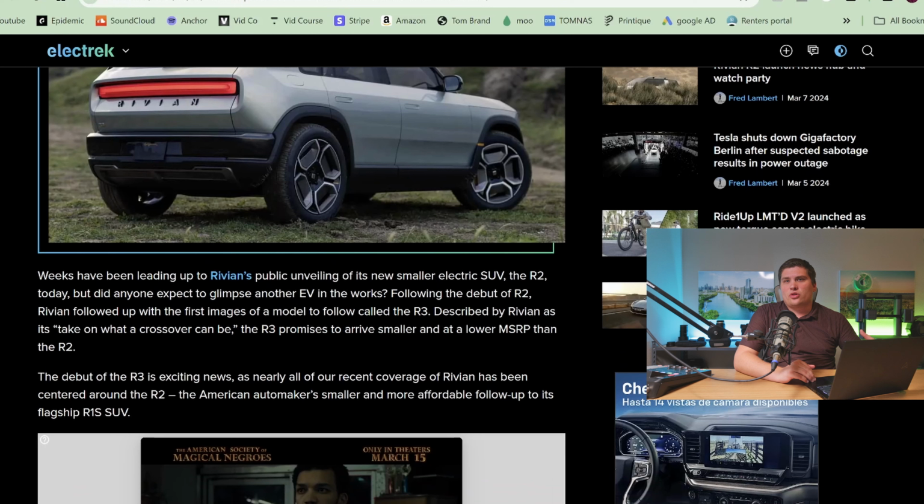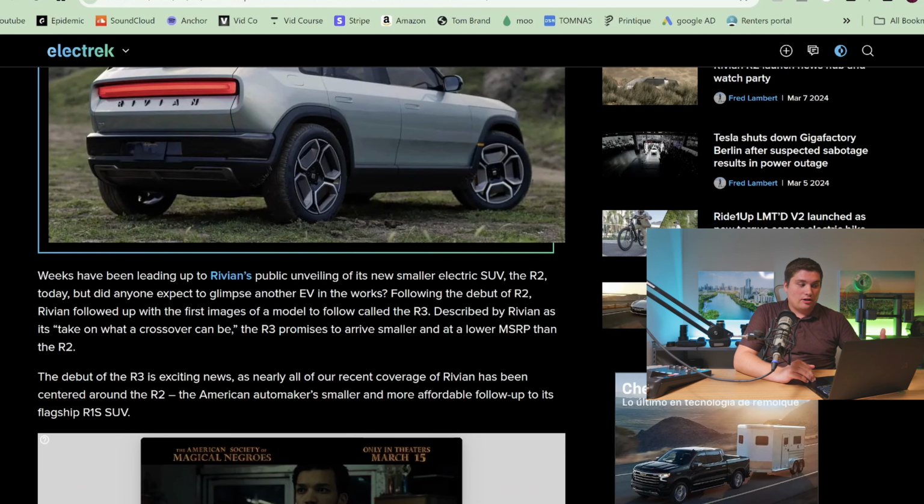Next is probably one of our biggest topics of today, which is Rivian announced the R2 today. Like literally today, as of recording this, like 3-4 hours ago, announced this. So weeks have been leading up to this. Rivian's unveiling of its smaller new electric SUV, the R2 today. But they also dropped the R3 and R3X on us at the same time, which is interesting to say the